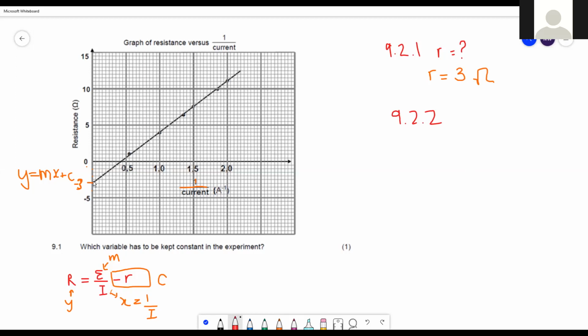I am going to use this value, and I am going to use this value over here just because they are on lines. For me, it just makes it easier. So EMF is equal to the change in R over the change in current. So that's going to be equal to,